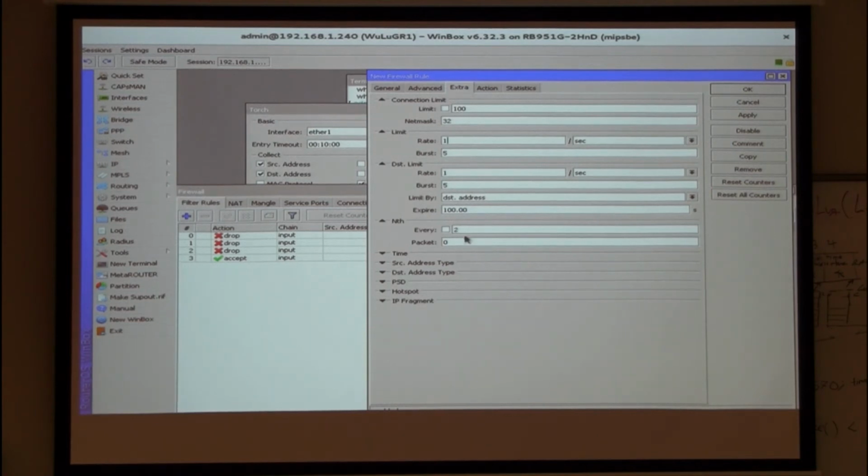Nth, I don't know what that is. Oh, it drops every 2 packets, I guess? I don't know exactly. Every so many packets do something. So that would be if you're polling, or slowing it. Do what? You can do anything. This just recognizes that it's there. It's up to you what you want to do in the action. This is not actions. This is just